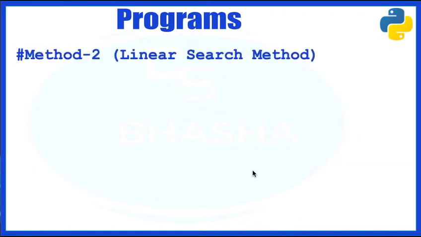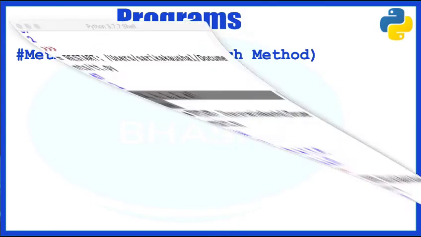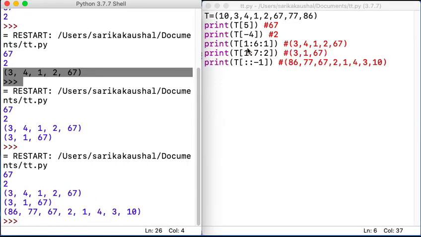Linear search. What is a linear search? Linear search simply means that you have data which is stored in a line, that means one after the other, and one by one you're checking whether the number exists or not. If I look at this particular example, I am looking for the number 2. You check whether 2 is equal to this element or not. No, go on to the next one. No, go on to the next one. No, go on to the next one, and yes, you found it. When you find the number, just come out and say you found the number, otherwise not.